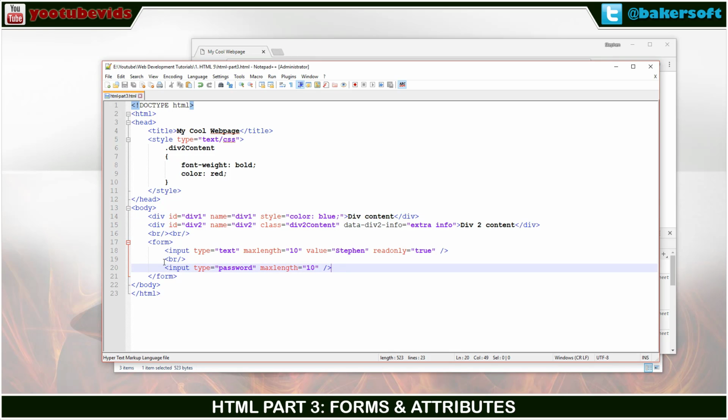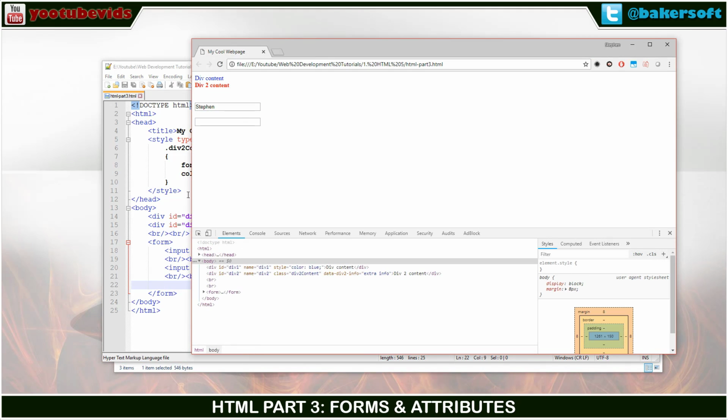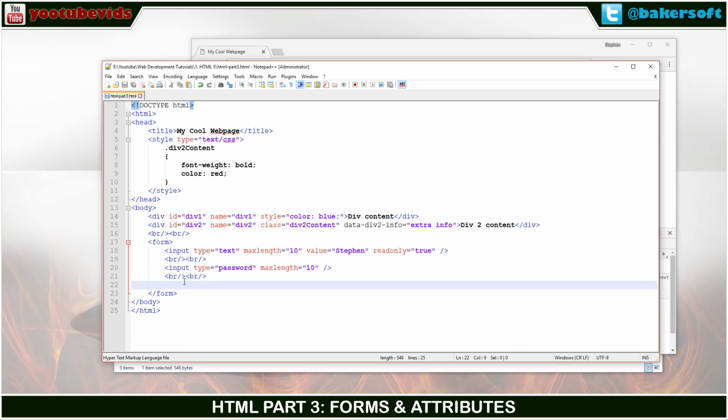So that's our input password. We're going to move on. There's not really that much special you can see there. Actually, I'm going to go ahead and put a couple of lines in between each one of these so we can get some space so everything's not so congested. All right, so now we're going to check out